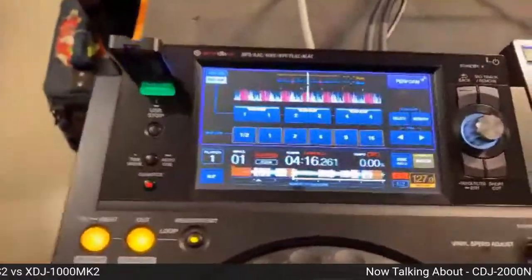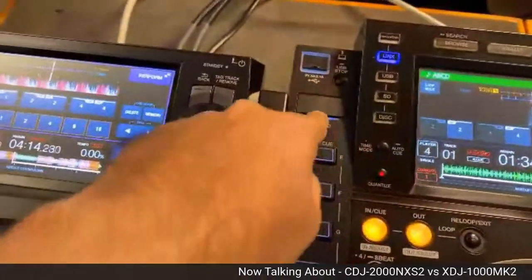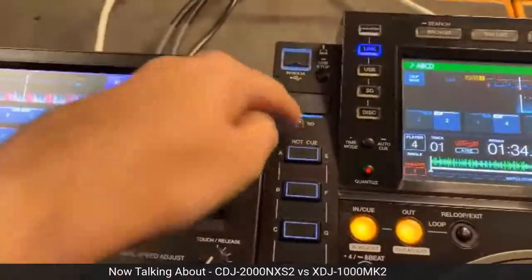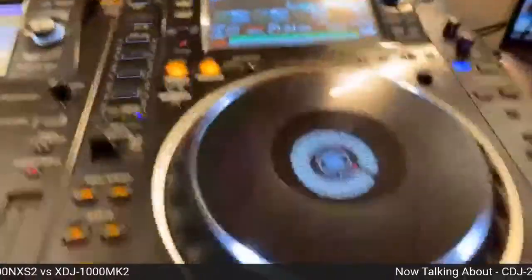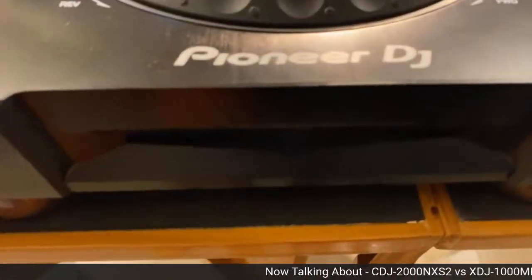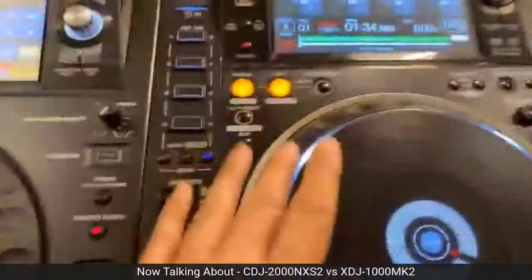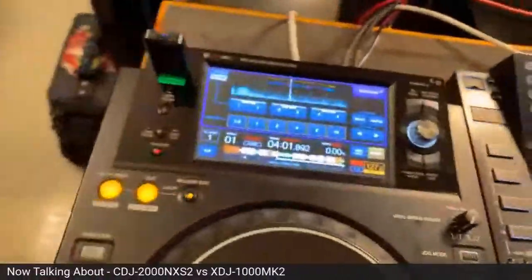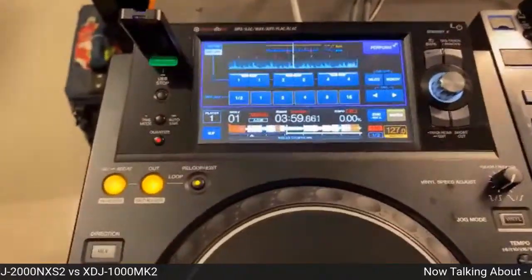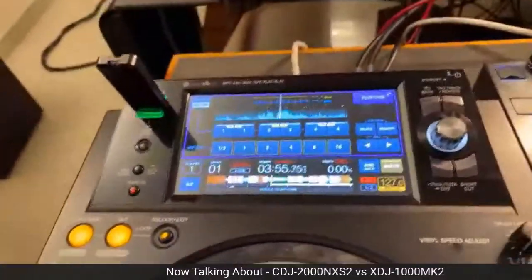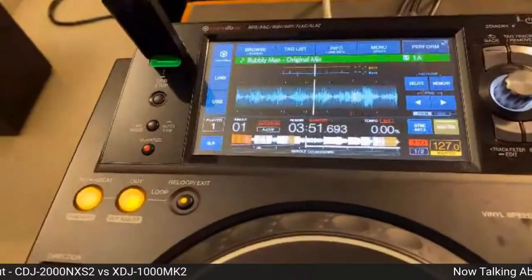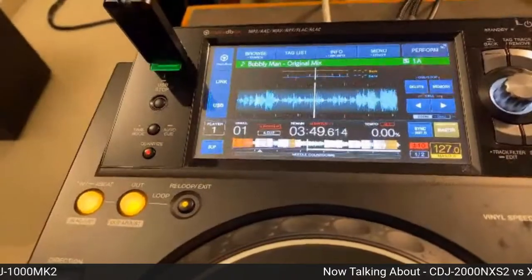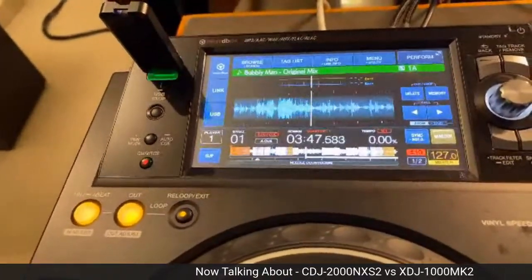A lot of people are just using USB. In my time of traveling and playing all over, I've seen maybe one or two DJs who actually use the SD card. The CDs, yeah, there are a few people who still use the CDs, but that's why you have the CDJ 2000 Nexus 2. But the XDJ is awesome. Sorry to interrupt, but a lot of clubs prefer the SD cards because if they leave it on auto play, nobody can pull out the USB, since now it's using the SD card.